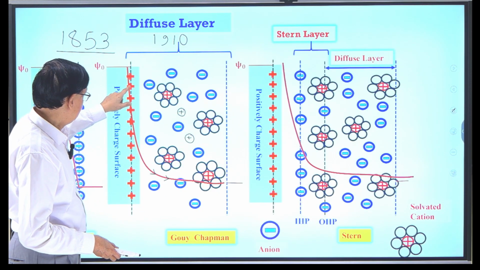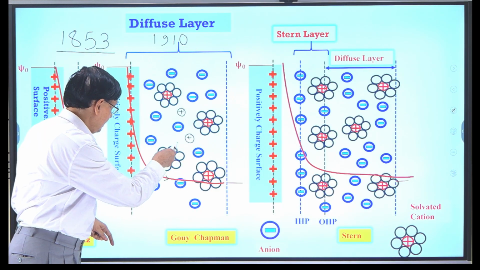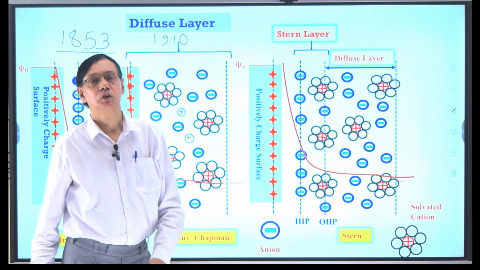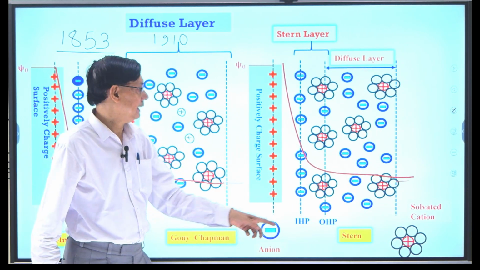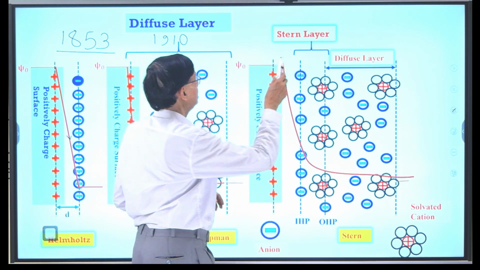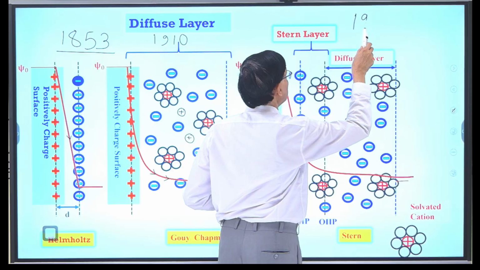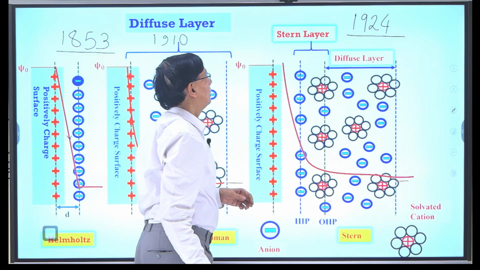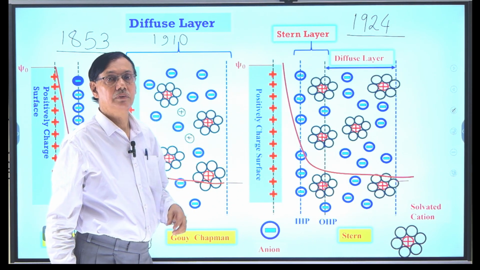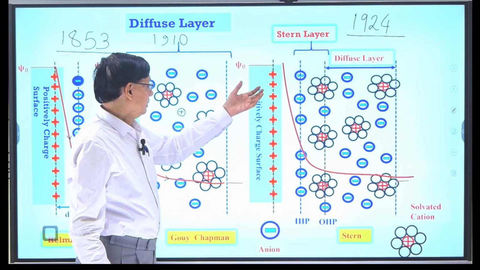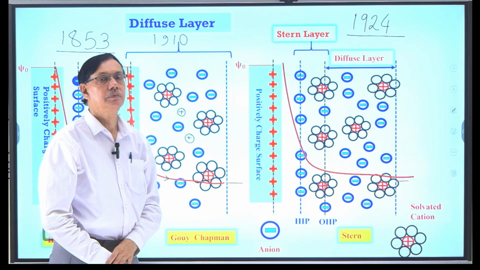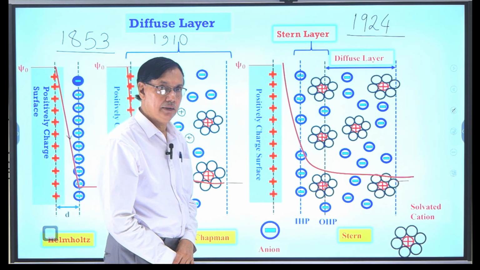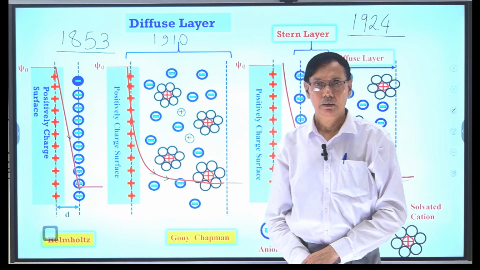So you see that there is a change, and this is the hydration. I can call it a solvated cation. Solvated cation. Then last is 1924. Great scientist, physicist, Otto Stern developed this theory, which is called the Stern model, and you can understand this theory very